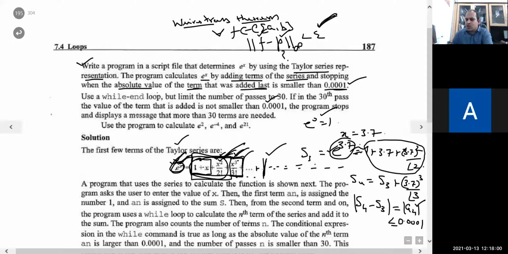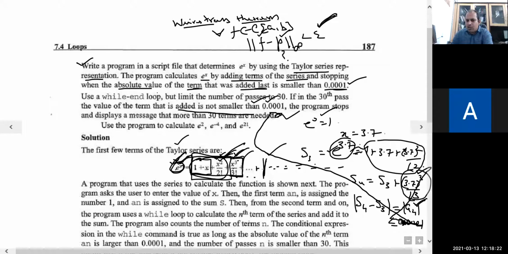0.0001, then your program will stop if the last term added, its absolute value, is less than or equal to 0.001. That is what is written here. Hope this is clear to you.